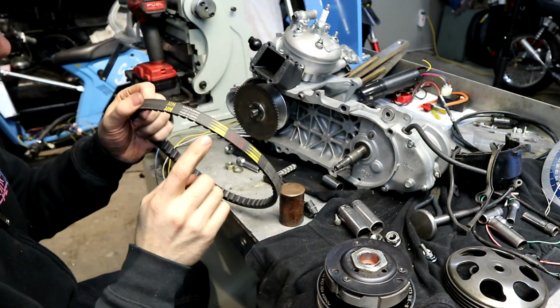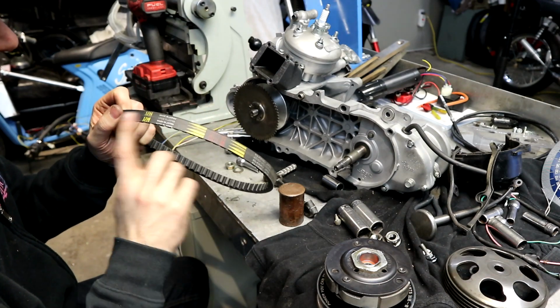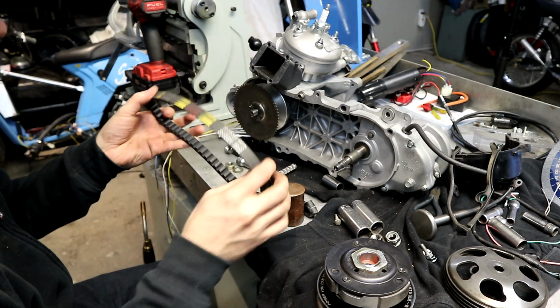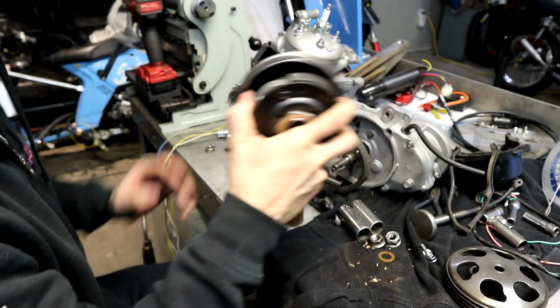And most belts are directional. Pay attention to that. I installed this backward once already before. This one has little arrows. So next up,